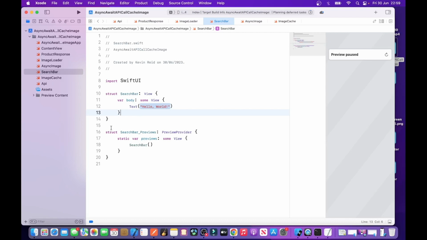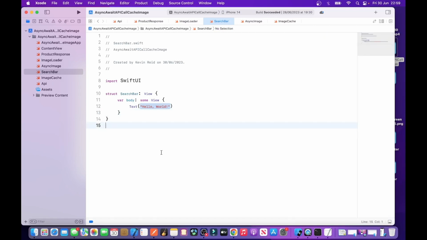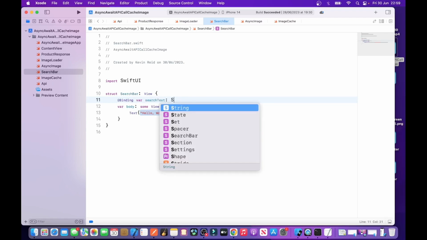And then next, we can delete the previews as we're not using them. And then on line 11, or after line 10, create a binding variable, so just type in @Binding var searchText String,